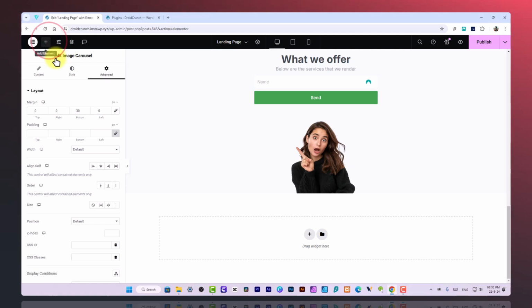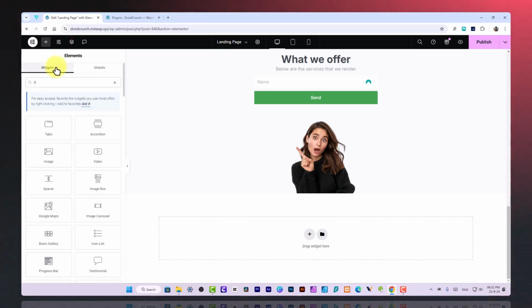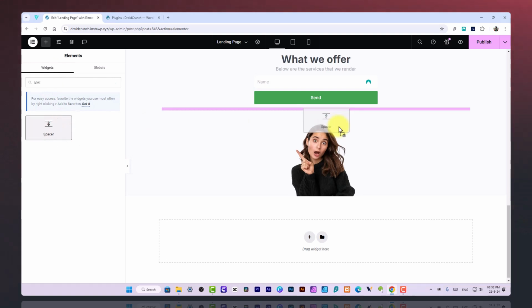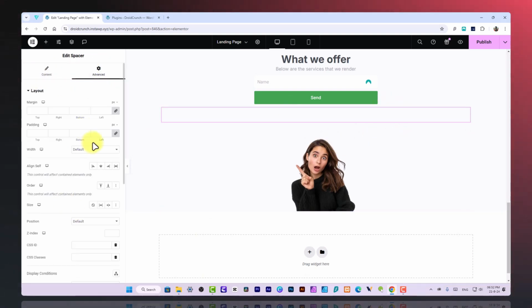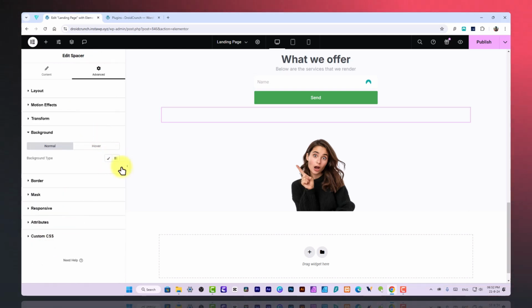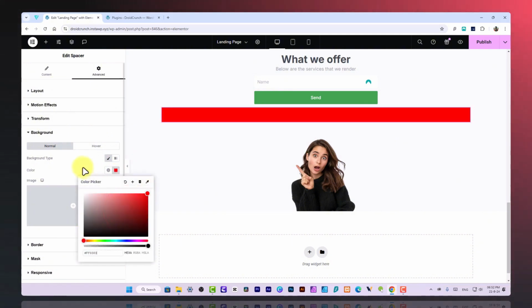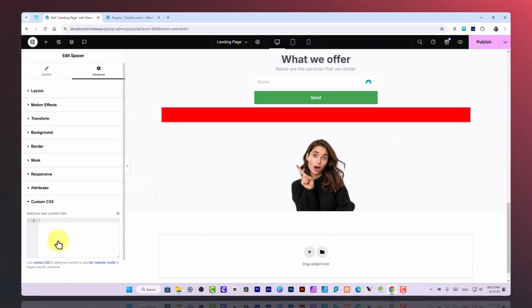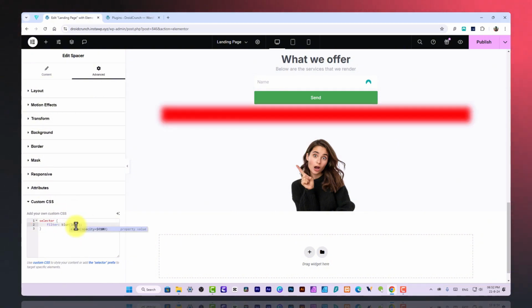We also add spacers to give spaces as well, and we can also use spaces to create some interesting designs as well. For example, let me show you one. If I go to background, I can give this a background like this, and in the selector, filter, blur 40% maybe, or I can choose with 2px or 10 pixels,